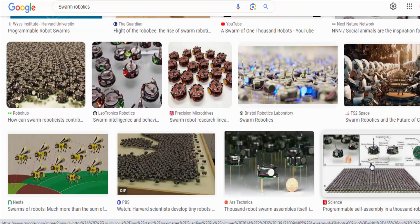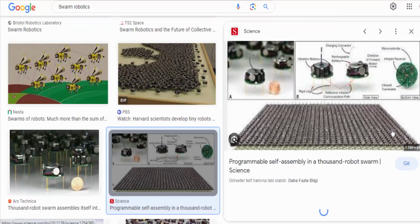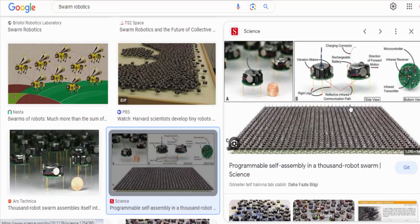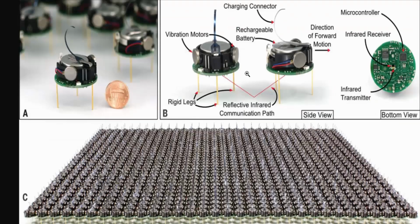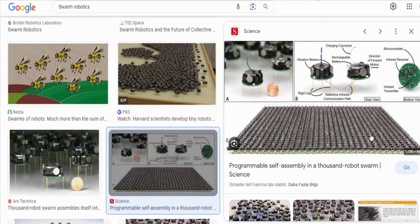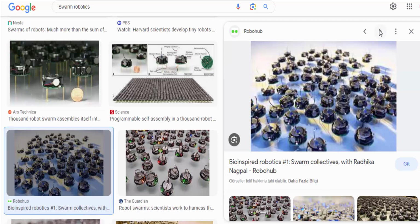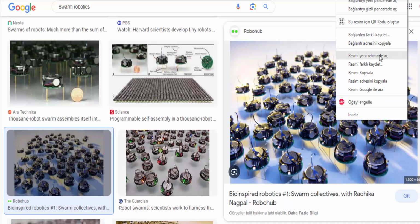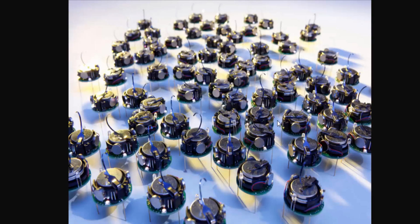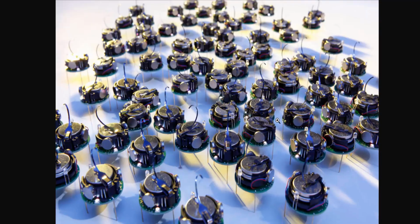The key characteristics and concepts associated with swarm robotics include decentralization. Unlike traditional robotics systems that often rely on a central controller, swarm robots operate with minimal or no central control. Each robot in the swarm typically makes decisions based on local information and interactions with its neighbors, leading to emergent group behavior. Self-organization. Swarm robots exhibit self-organizing behavior, meaning that they can organize themselves into patterns or formations to accomplish